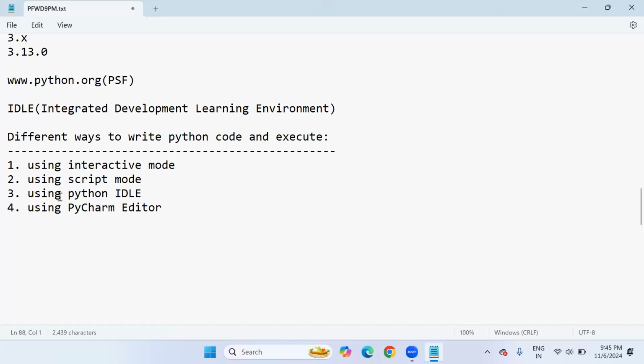So right now there are four options in front of us: using interactive mode, using script mode, using Python IDLE, as well as using the PyCharm editor. Some programmers who are looking at data science or data analysis programming use other editors like Jupyter, Spyder, Anaconda, and other editor tools. But for pure Python development, I strongly recommend using either interactive mode, script mode, Python IDLE,